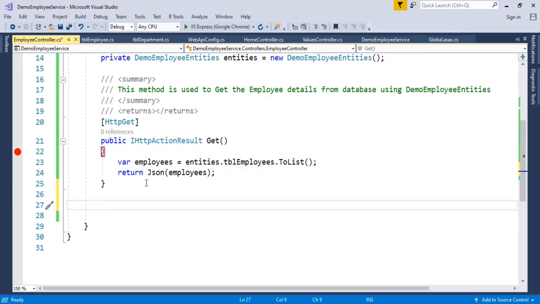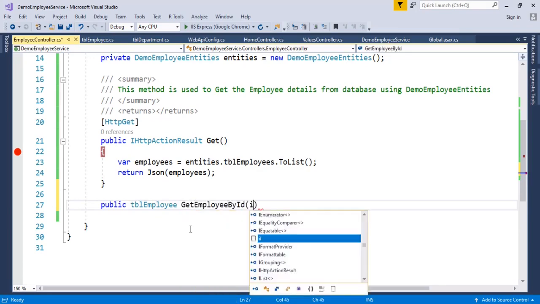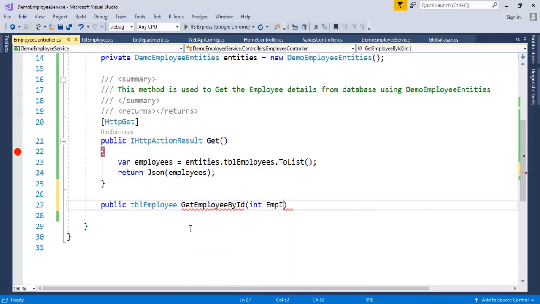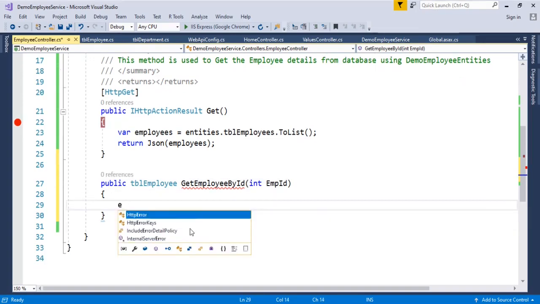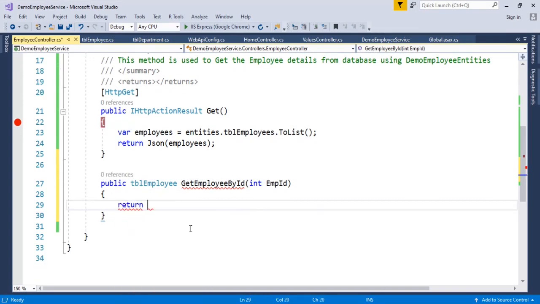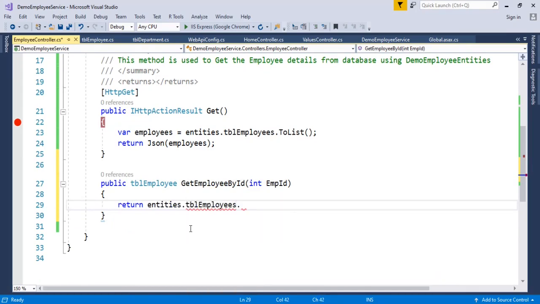Now we are going to create one more method, public, which returns table employee. That means we are going to get the employee details. Get employee by ID, and we are going to pass int employee ID. By passing the employee ID, we are going to get the results. Return entities dot TBL employees dot first or default.